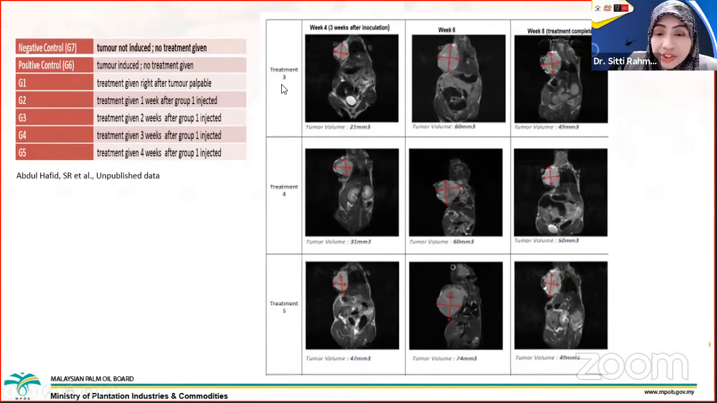And then this is also treatment 3 and treatment 4. We can see the size is almost the same. And also the late treatment, which is treatment 5. 4 weeks after we inject, we give a treatment for the first group actually. So they are having a smaller tumor compared to the other one at week